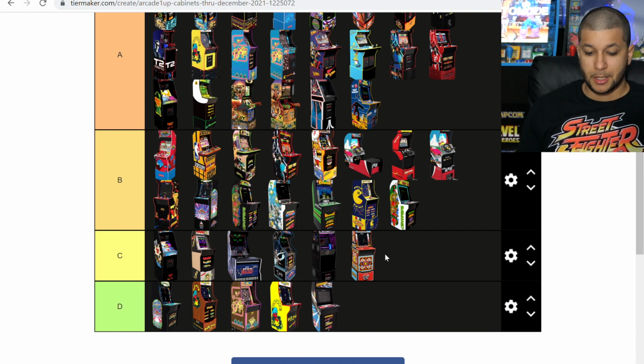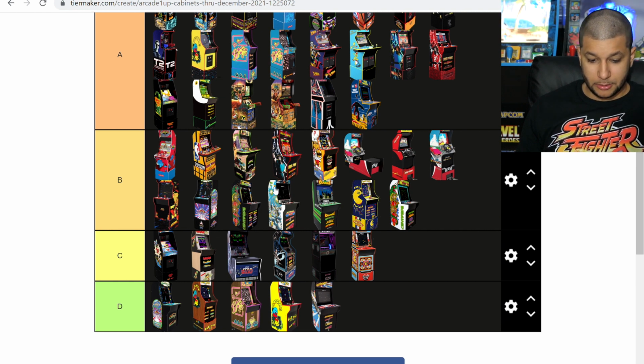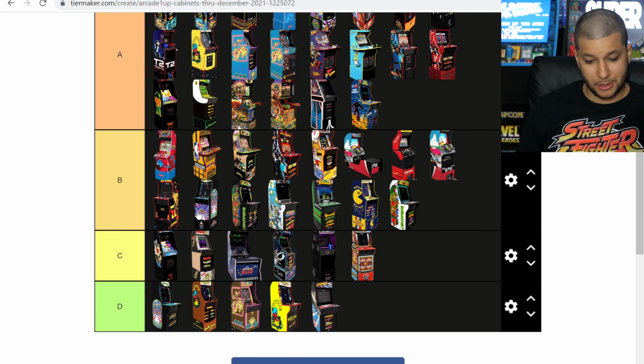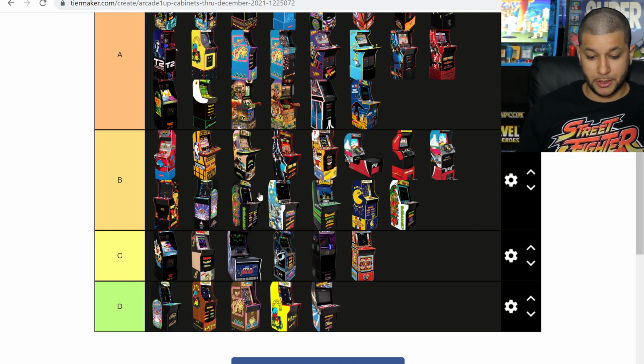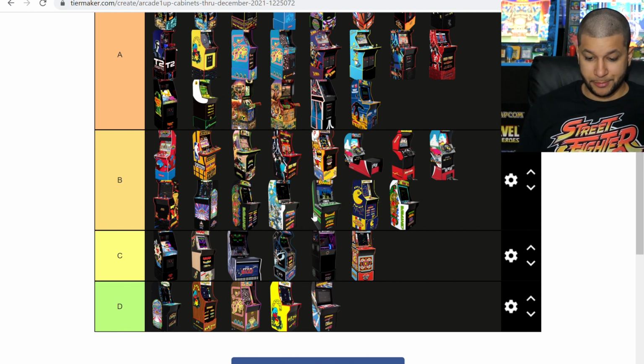the original Turtles design of the cabinet, Mortal Kombat, the original Mortal Kombat one, followed by Burger Time, the sitting down version of Outrun, followed by the standing version of Ridge Racer and the standing version of Outrun, then Defender, Galaga, and that's the upgraded version of Galaga. I think that's 12-in-1 if I'm not mistaken. The Centipede 12-in-1, the Defender, or Asteroids, the Asteroids Deluxe 6-in-1 I believe, the original Rampage cabinet,